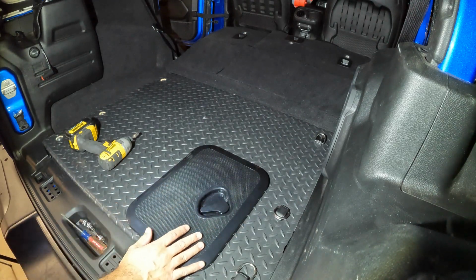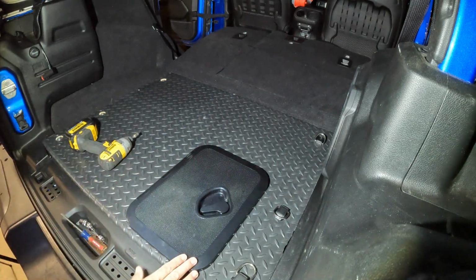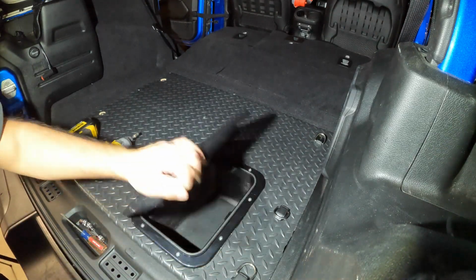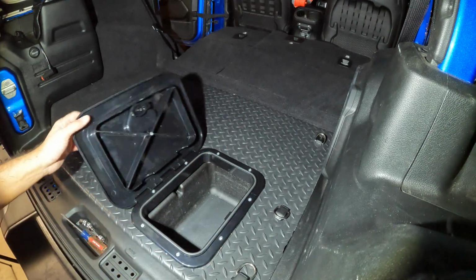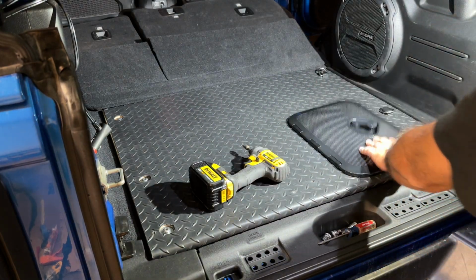That's the only thing. I mean, it would be really nice if this was just flush. Part of what you pay for if you get the Goose Gear system, or if you got better carpentry cutting tools, wood cutting tools than I have, that might be the way to go. Although this is kind of nice in a way too. I like this latch. But anyway, let's get the